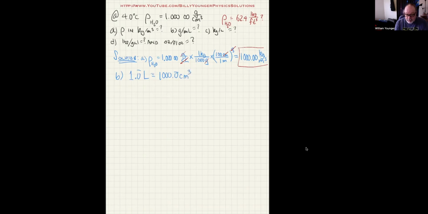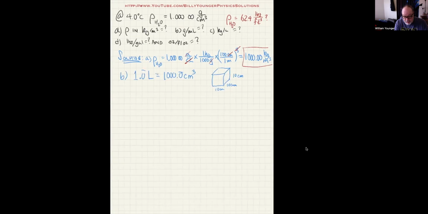centimeters cubed, because remember, a liter was supposed to be a 10 centimeter by 10 centimeter by 10 centimeter cube, like this. Okay, so that's actually a fact. So what we now have is we want to convert the density of water for part B to grams per milliliter. Well, if we see that 1 liter is equal to 1,000 cubic